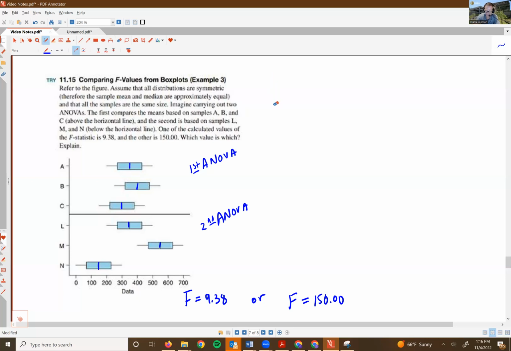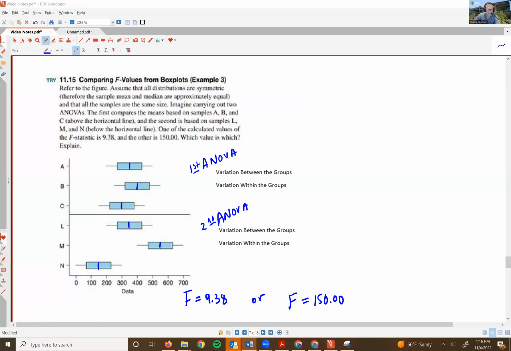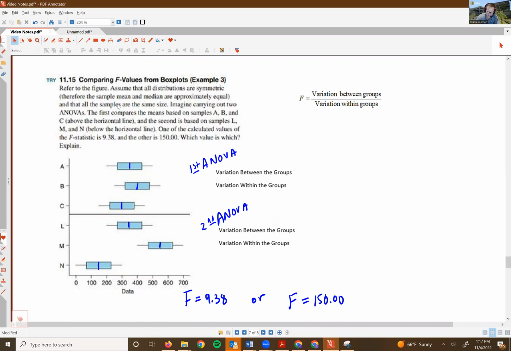So recall that the F statistic is a comparison of looking at the variation between the groups divided by the variation within the groups. And so in the ANOVA for A, B, and C, the variation between the groups is looking at how the difference in these means are. So we can see that these means are fairly close together, whereas in L, M, and N, these means differ